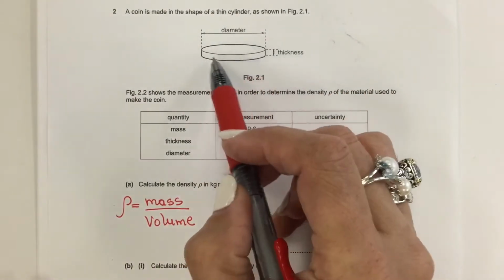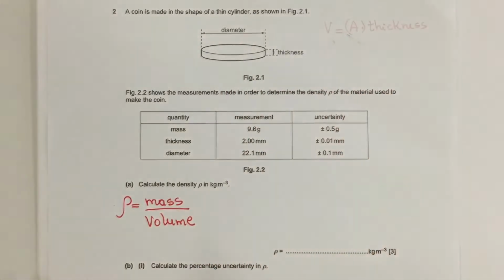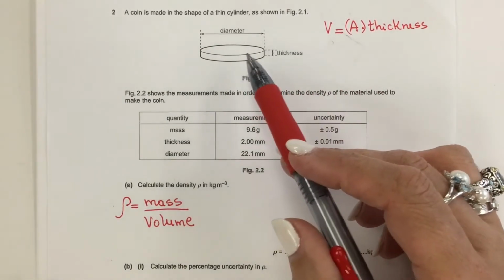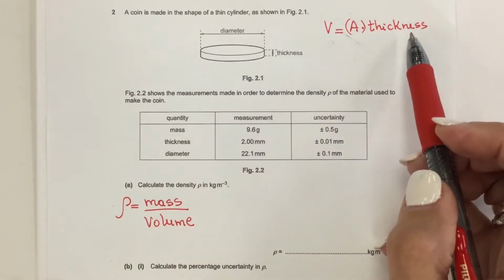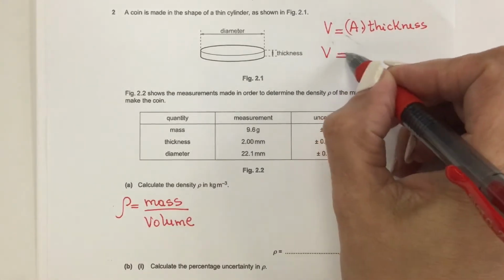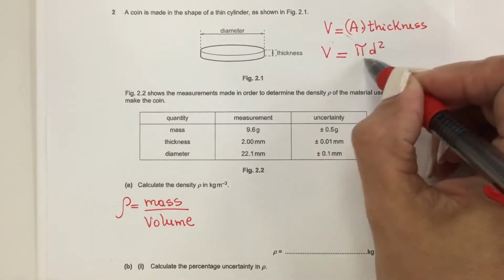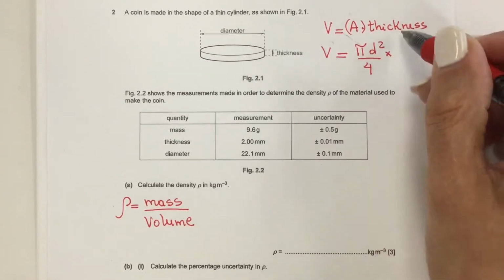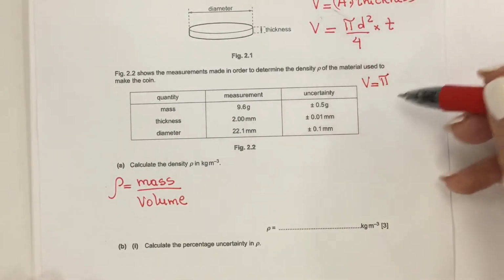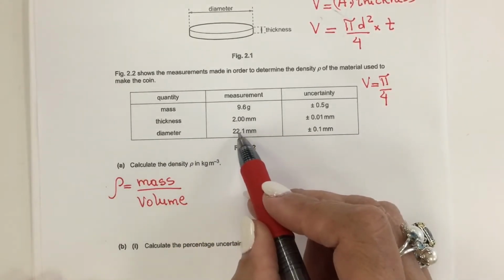The cross-sectional area is a circle, and the height here is the thickness. So the volume of this coin is the area, which is circular, times the thickness, which will be the height. So here we have the area in terms of the diameter, pi d squared over 4, times the thickness, that's called t. So doing the substitution, pi over 4, the diameter is 22.1